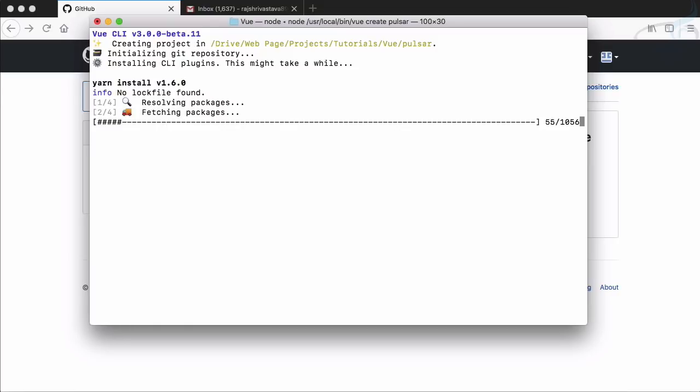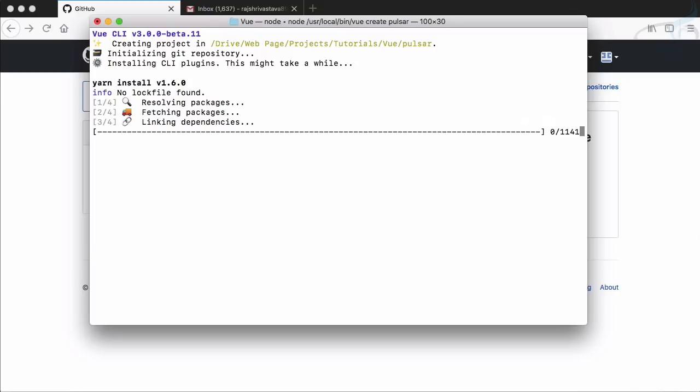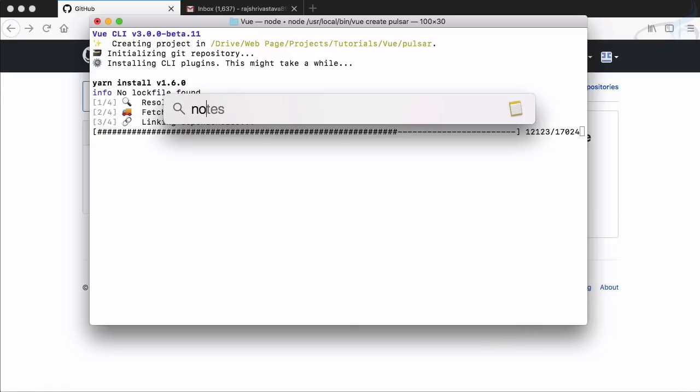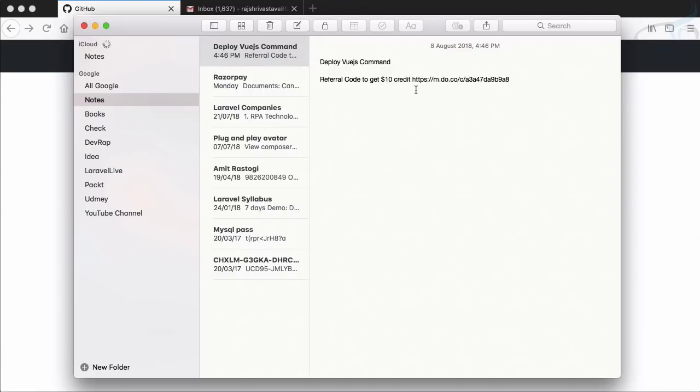So what exactly are we going to do? We are going to create a server on DigitalOcean. So while it's installing, let's create an account on DigitalOcean, and I'm sure if you want to start with DigitalOcean,